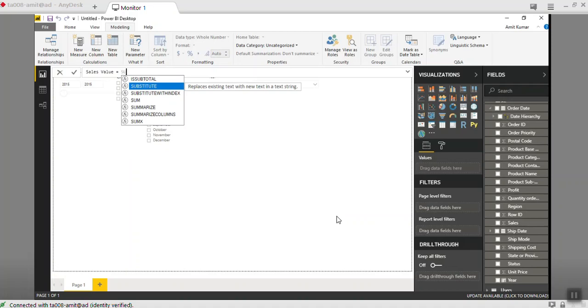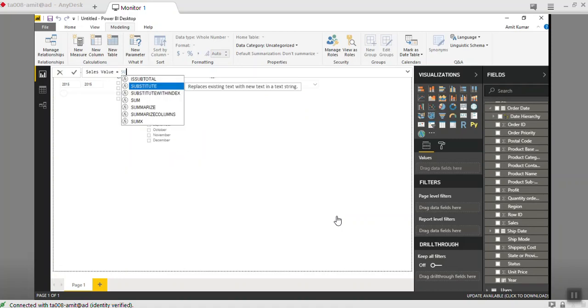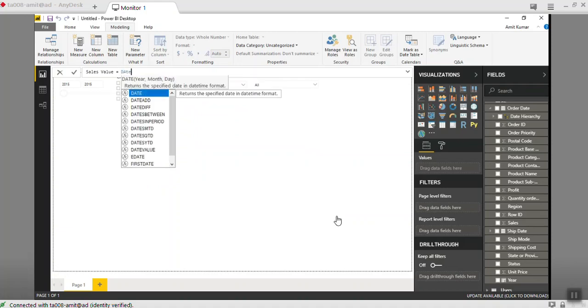Sum. Of Cumulative also a function is there. So suppose I want to calculate the sales cumulative against order ID is also there. That means you can do that. You have to pass the field. So suppose this one, dates YTD. So this is based on dates, YTD, year to date. So for doing it cumulative on certain fields, you have to order by that particular column. So that can be done with this script now.